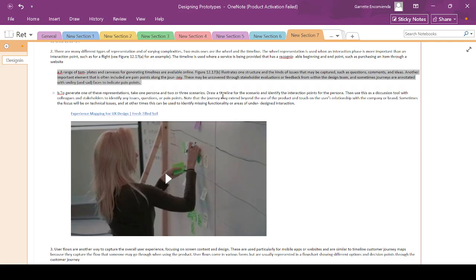So in this overall experience, for a timeline, an important element emphasized is the pain points along the journey. This may be uncovered through stakeholder evaluations or feedback from within the design team, and sometimes journeys are annotated with smiley and sad faces to indicate pain points. So the smiley and sad face is useful for this, and you can only get those pain points by asking stakeholders or the design team, because again,